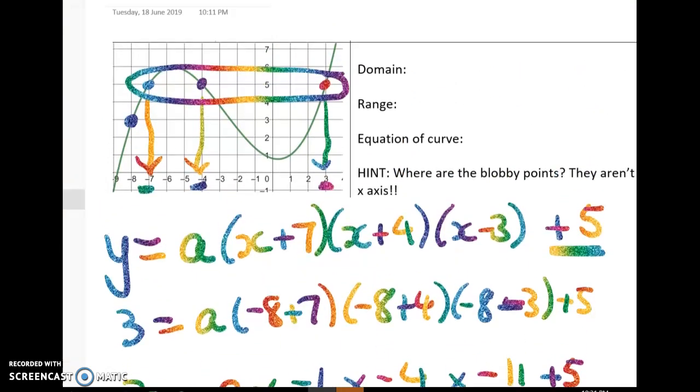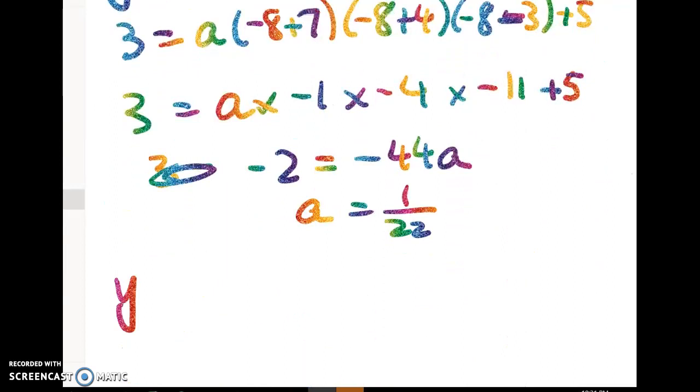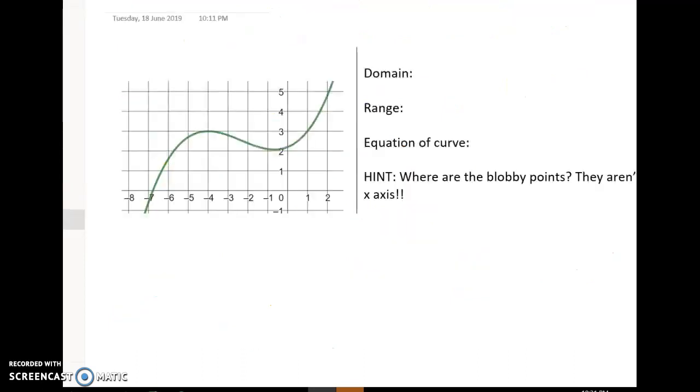So I've got a very stretchy kind of spread out cubic. My equation is this: y is equal to 1 over 22 times this, times this, plus 5. Now it's fine to get that as a decimal approximation as long as you go for quite a few decimal places. I'm rushing now because I want to do this last one. Okay, so what have I got here? Well, it looks like